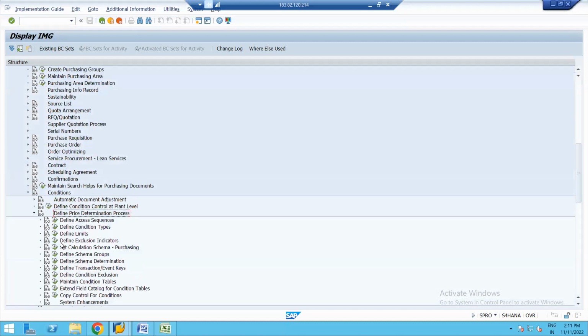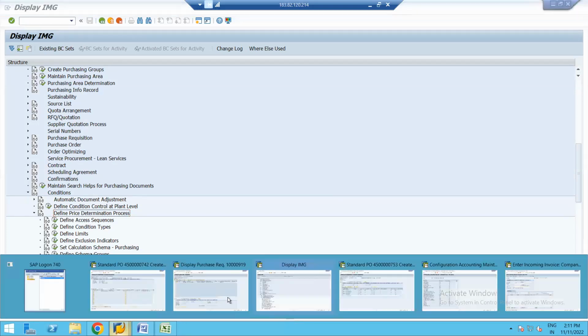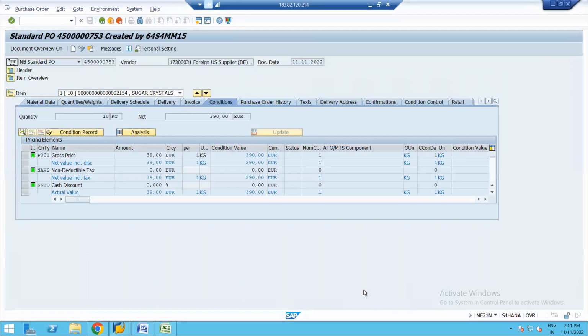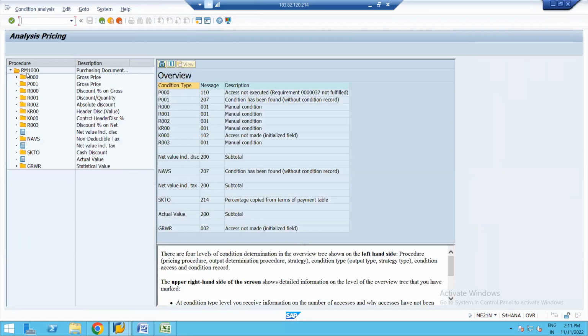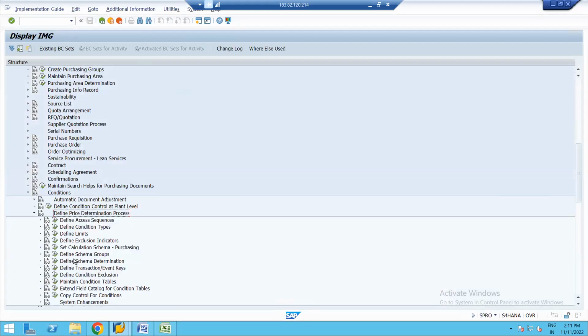Okay. So there are several things which we are going to learn today. First of all, let us check how your calculation procedure looks in configuration. So let me again hit on this analysis button, and this has the calculation procedure RM1000. Okay. So RM1000, we are going to check in